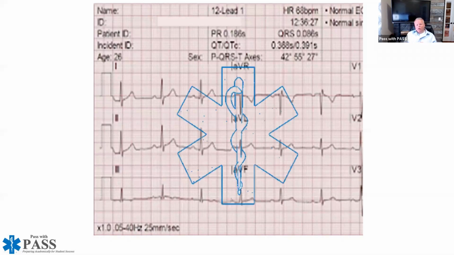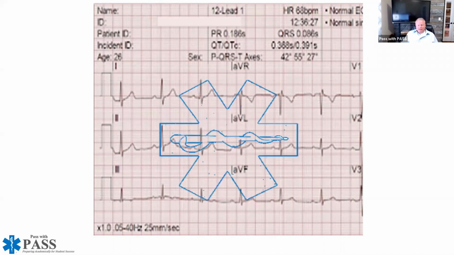All right, so full transparency, I didn't make this up. This was a gentleman from somewhere on the East Coast, I think Virginia maybe. This is not made up by me, but he basically uses a star of life as our reference point. If we take the star of life and simply turn it on its side, this is going to allow you to determine which lead you should be looking at to determine what the axis deviation is. So I want to point something out here real quickly. If I am in AVL, which is the most equiphasic